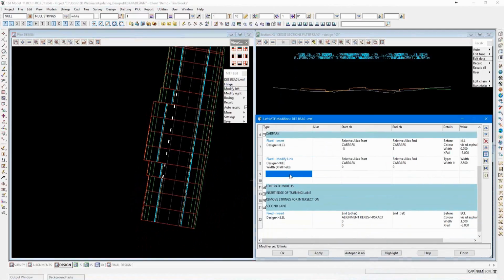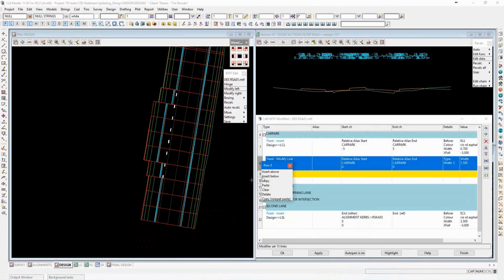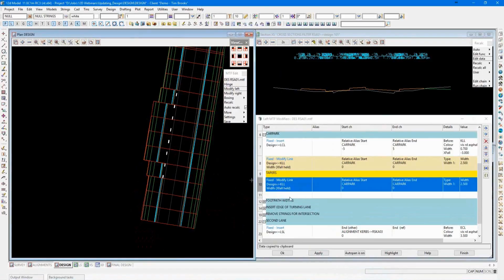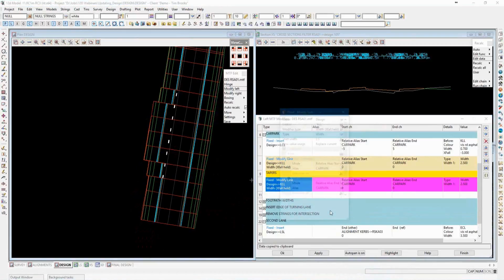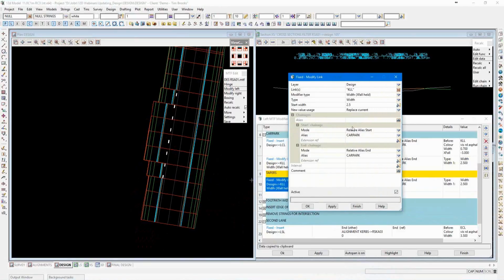So in here, I'm going to add just a normal comment, just to separate the tapers from the other modifiers. Now the tapers are just a link modifier as well, so instead of inserting it again, I'm going to right click on the end number here, copy it, and then paste it down into my blank line. This way I don't have to fill out the whole panel again, I can just make the changes that are necessary. So in this case, we're no longer setting a constant width,